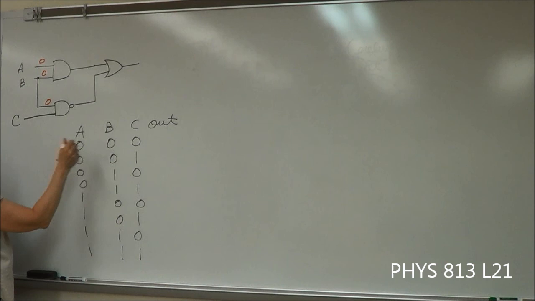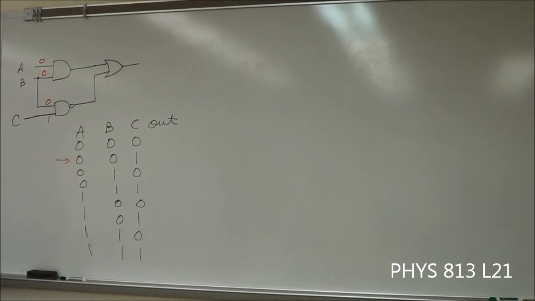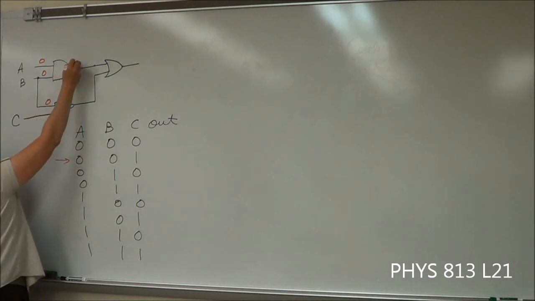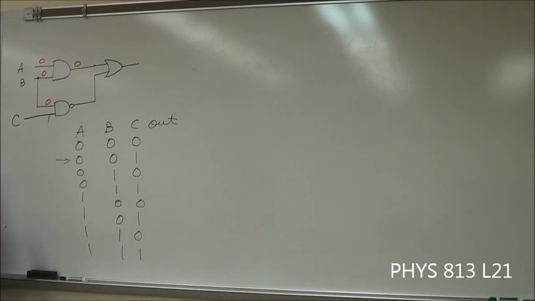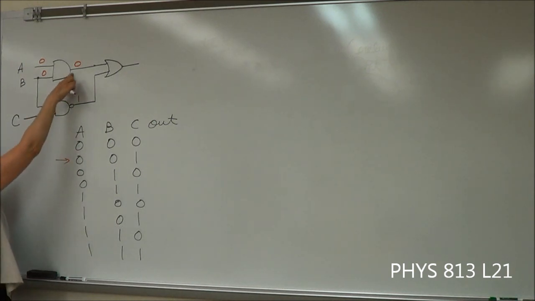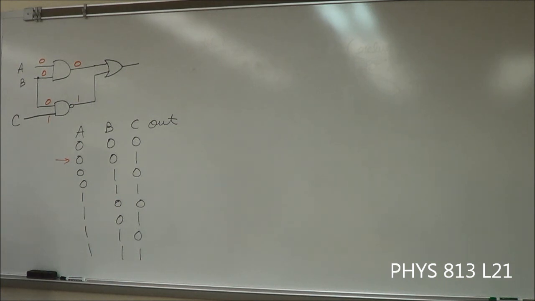And then C is 1, so here's a 1. So we go back to our gates. 0, 0 with AND is a 0. 0, 1 with a NAND is a 1. And then a 0, 1 with an OR, 0, 1 with an